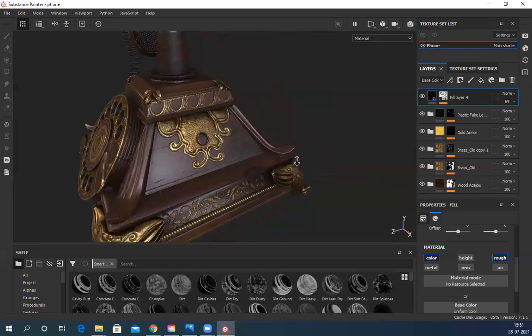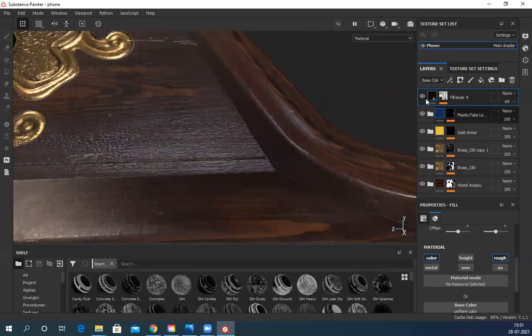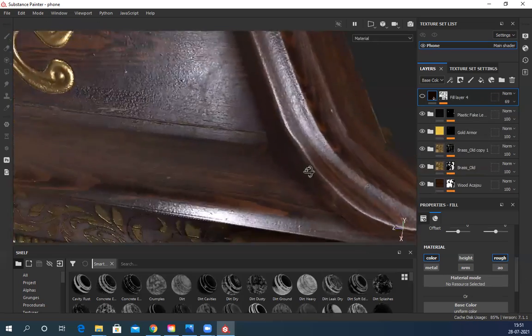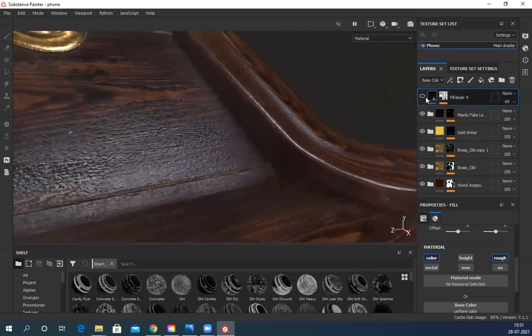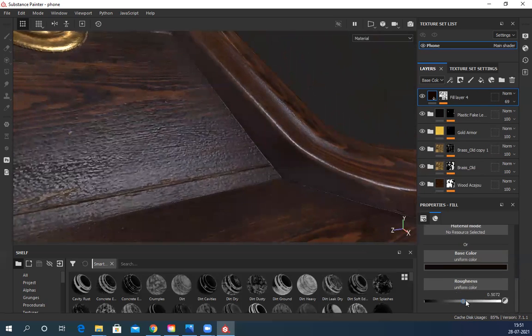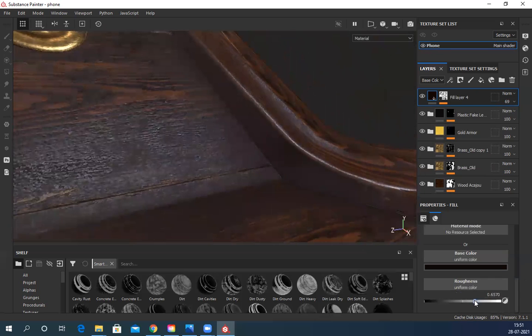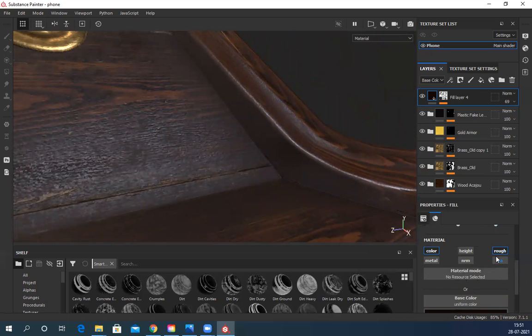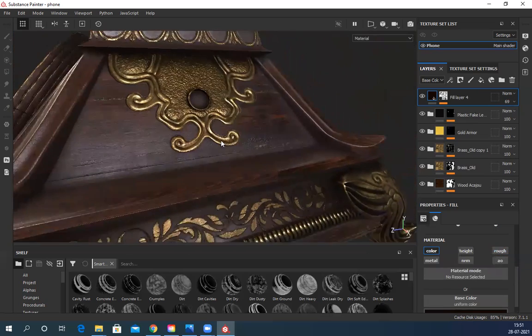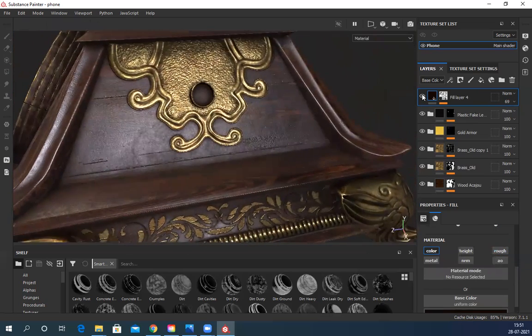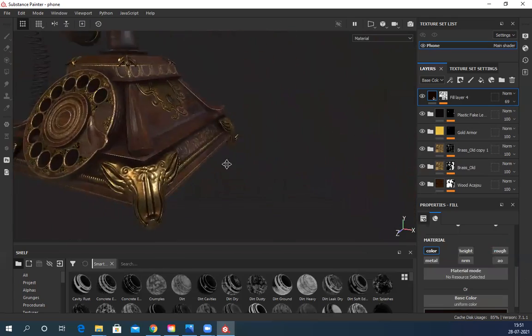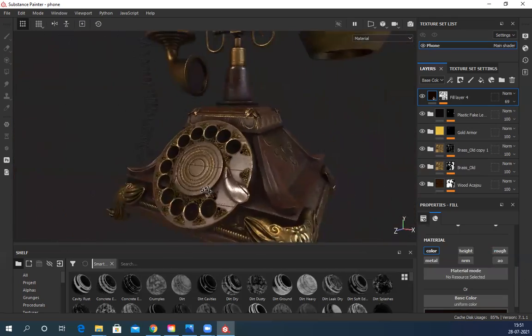You can see clearly the difference. It was pretty nice only. So what I did here, well, this is not that matte. So roughness wise, it was pretty nice. I can just simply switch it off. Just made it slightly dark.